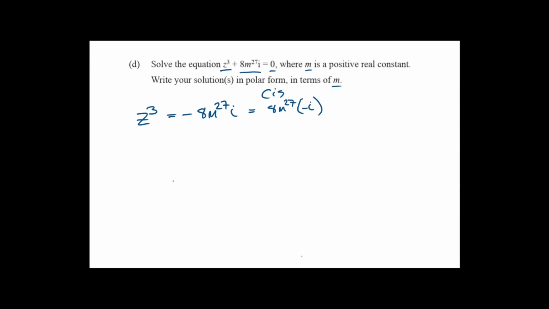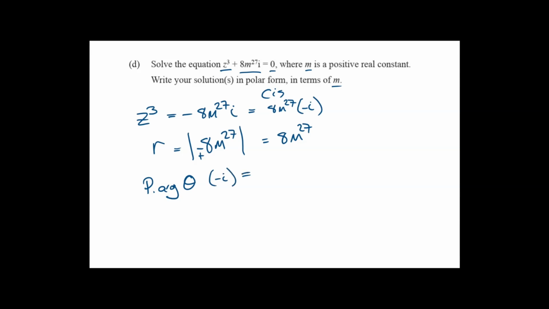We can work out the magnitude of this, and it's going to be equal to the absolute value of 8 e to the 27. There's no way, plus or minus, it's going to give us the same number. Okay. The principal argument, that is theta, that goes with negative i